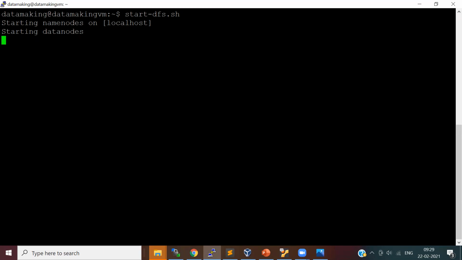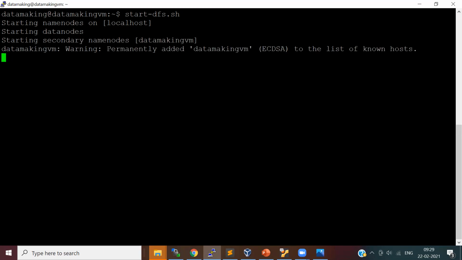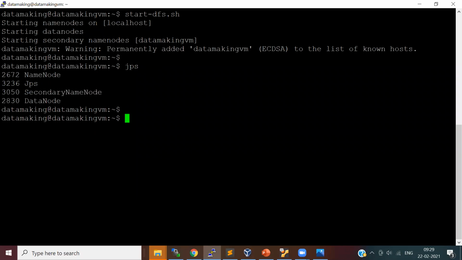It will also start the secondary name node. Okay. You can verify whether these processes are running by using a command called jps. Basically this utility is used to check the Java processes running on this machine. So you see the name node, data node, and secondary name node are running.